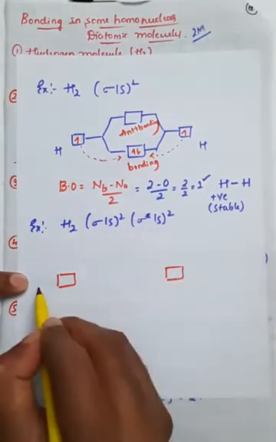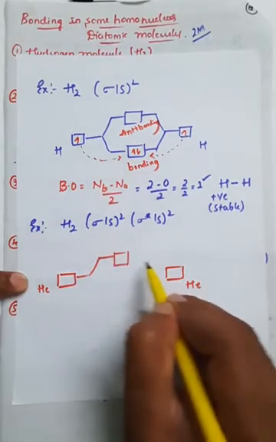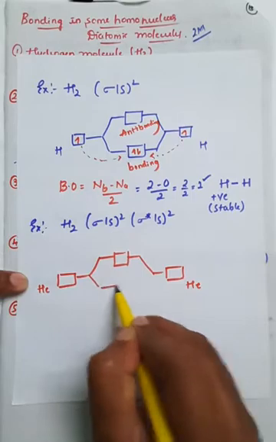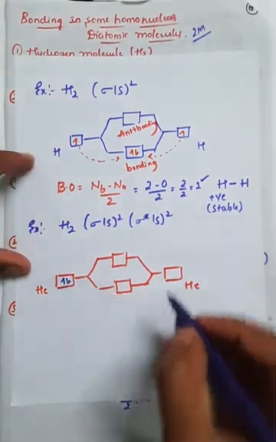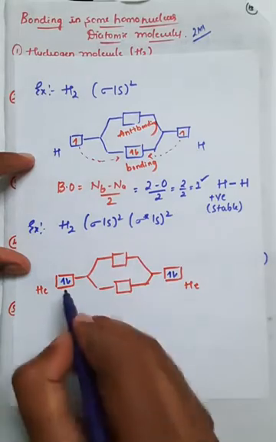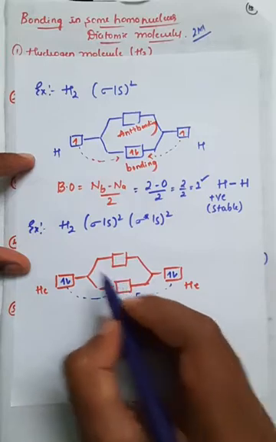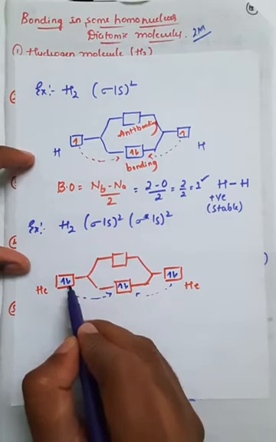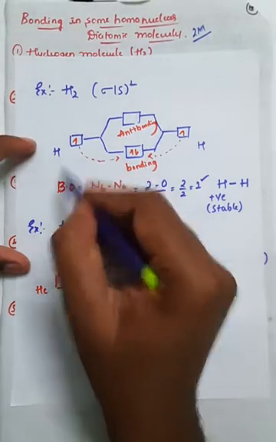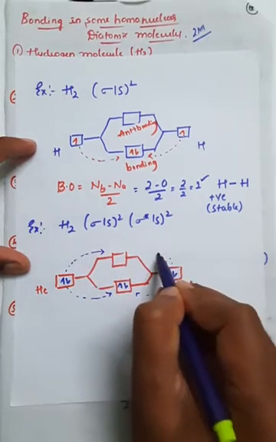we will take it as a helium atom and this is also a helium atom, and further there will be two orbitals, one is the antibonding molecular orbital, another one is the bonding molecular orbital. Here we already know that helium consists of 2 electrons here and this helium also consists of 2 electrons here. So this will give 1 electron to this and this helium will also give 1 electron to this, and after this filling there will be 1 electron extra compared to hydrogen here. So the electron is also given to the antibonding, and this will also give an electron to the antibonding.